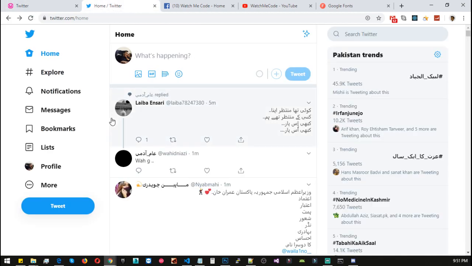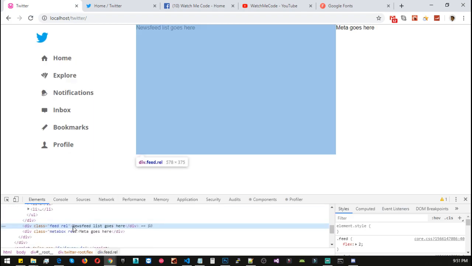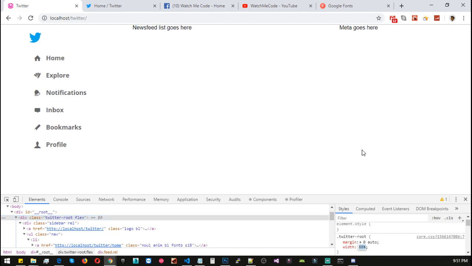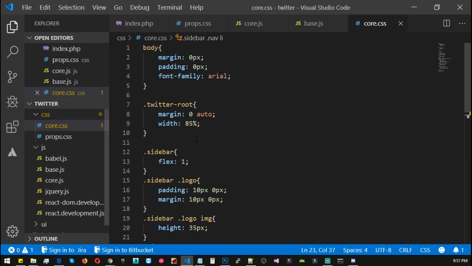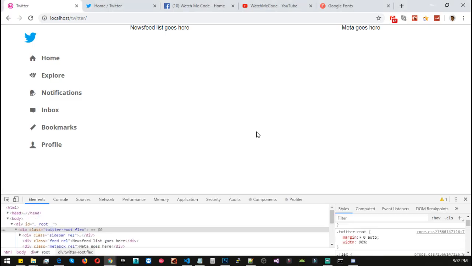But as you can see, the Twitter is using less margin. Let's quickly update it. Select Twitter root, and which should be 90% is good. Let's use it. Oops, 90. Save, reload, and now we have,